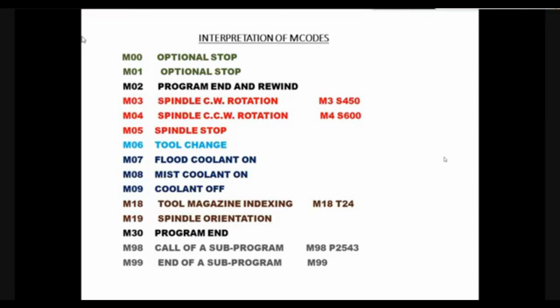So M99 will return back the control of the machine from subprogram to the main program. And the same sequence will be followed for various points with reference to which the subprogram has to be performed. Okay, that's all. So just to go through the list of M codes given in this slide, and then we will go to the next one.